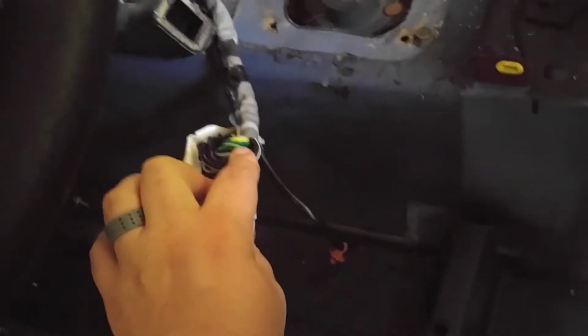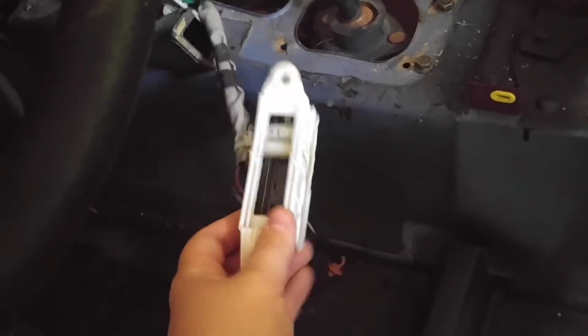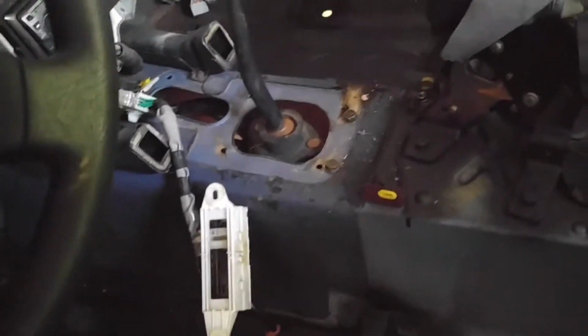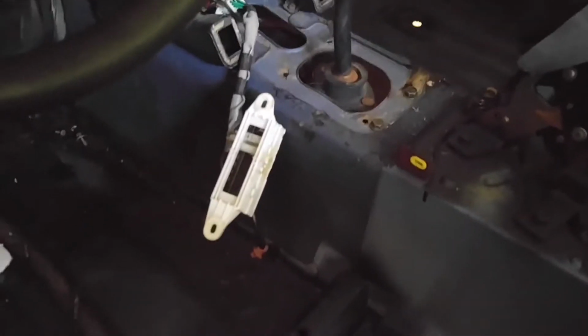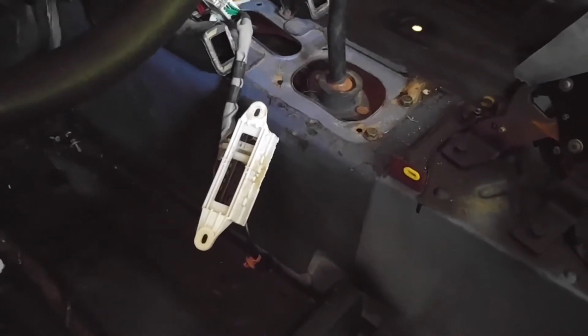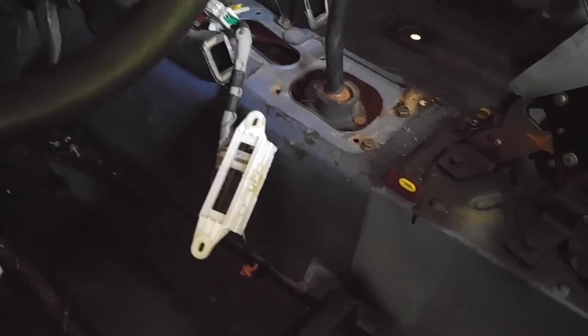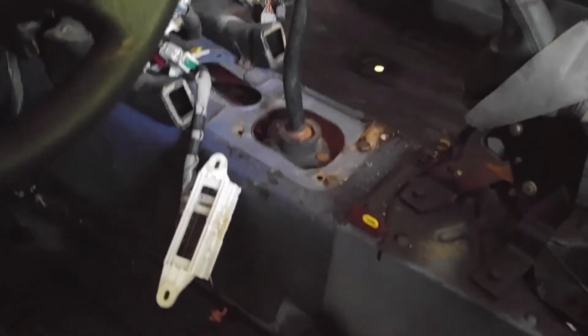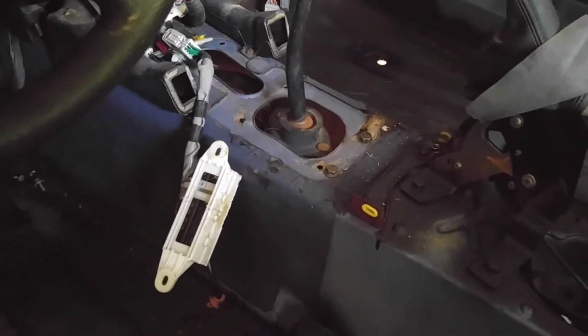Or you can do some stuff with the wiring, which I might do, and if I do, I'll show a video of that. And then you just can leave that up under the console when you put it back in, because the car won't start if you don't have that in a neutral switch position. And the reverse light you can wire up to the 5-speed reverse signal switch, which I'll show you where that's at, and then we'll crawl under the car